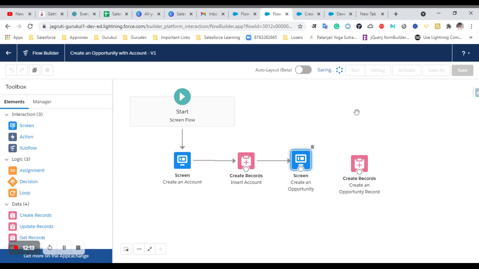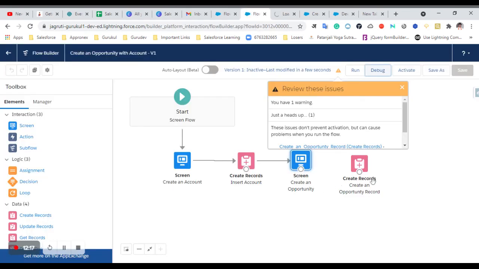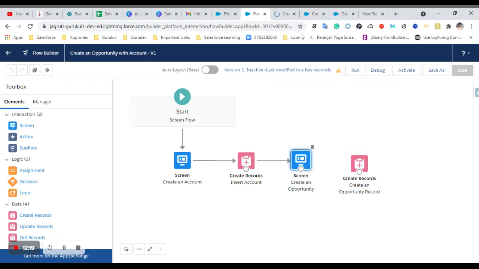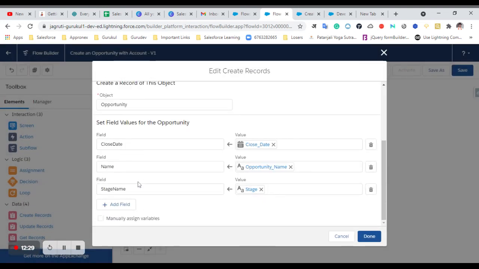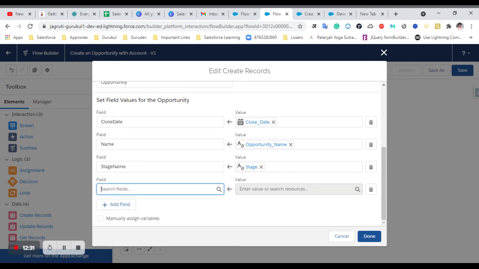and let's debug this one. I think this is not connected, so it's giving one error. So let's just connect this one, and let's do one more thing. The account that is created from this one, we'll just connect that one.